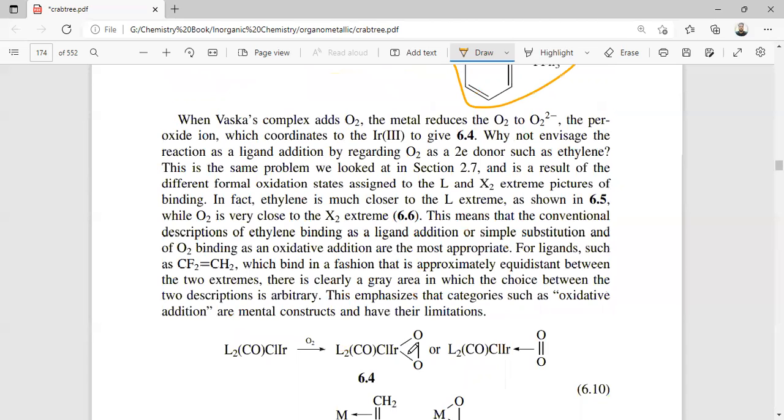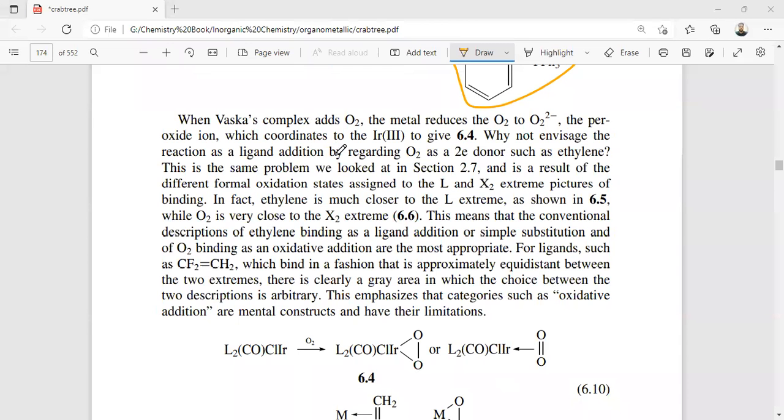So when the Vaska complex adds to an oxygen molecule, the metal reduces the oxygen to O2 2-. So the peroxide ion is coordinated to the iron(III) to give a 6.1 from the 6.4 equals. Why not treat it as an increase in the reaction in the ligand addition of reducing O2 as a 2 electron reduction? It is the same problem we looked at in the